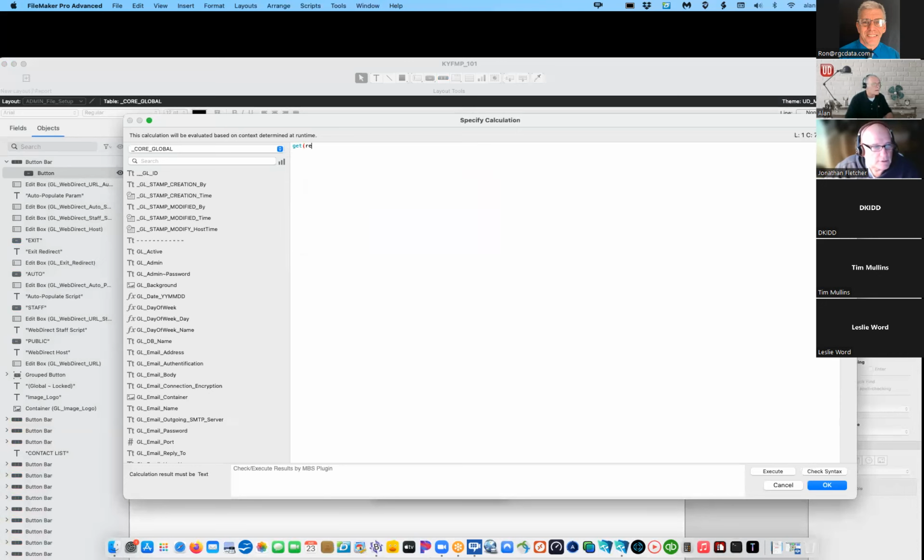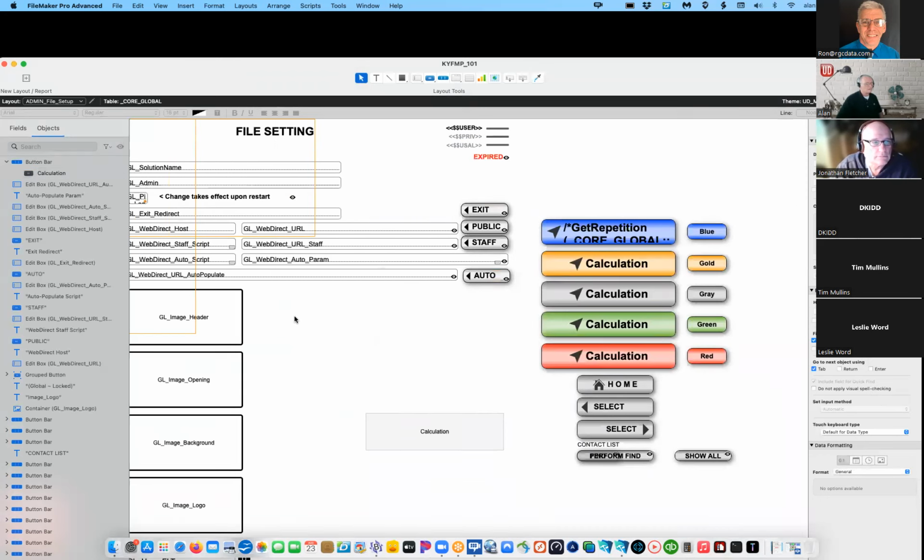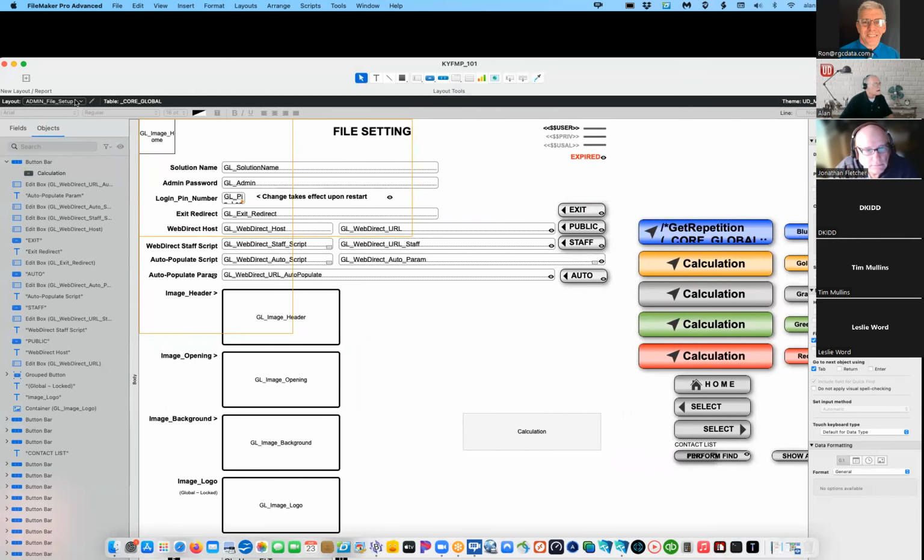The point is that you can put in a calculation, whereas with a standard button, there's no way to put a calculation in. It's text only. So that's why it's so beautiful. And I use that a lot on different things,